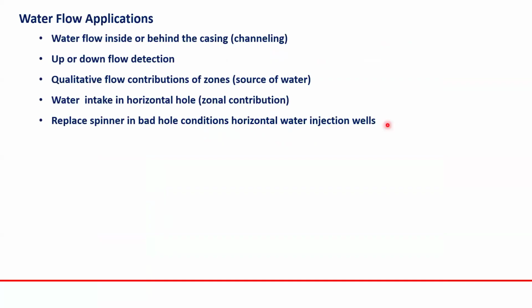Water flow log. Water flow log inside or behind the casing, channel, up or down flow detection, qualitative flow contribution of zone, source of water, water intake in horizontal hole, zonal contribution, replace spinner in bad hole condition in horizontal hole. Okay, so in a horizontal hole, we make water injectors, but we don't know where the water goes. And if you run a spinner, no need to run all the PLTs because we don't have oil. We have to run a spinner. Spinner is not working, so we run the oil water flow log on stations